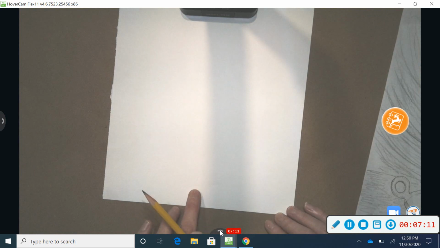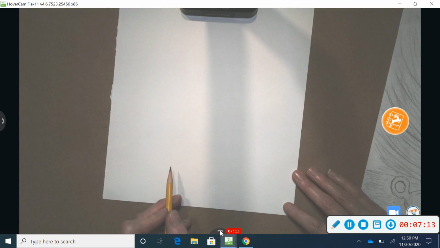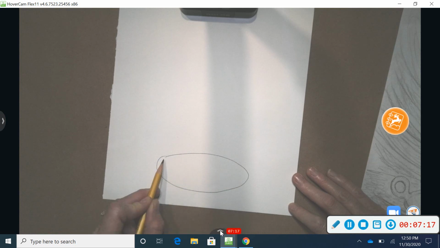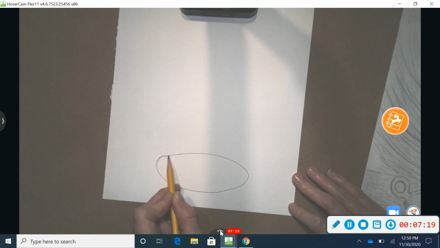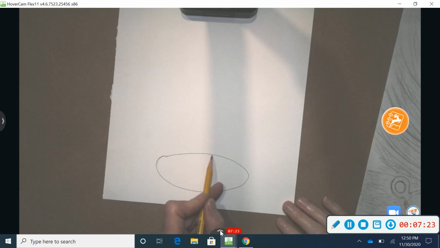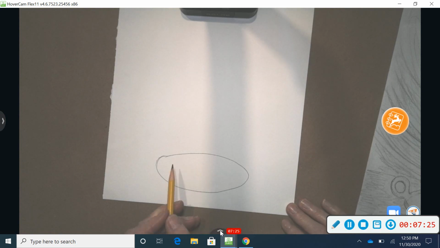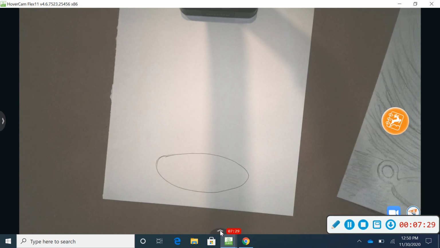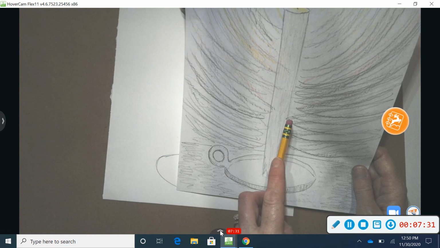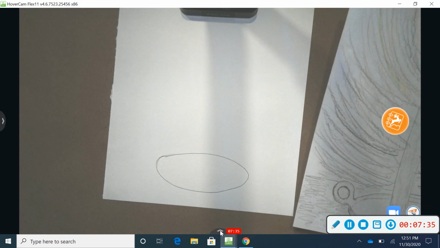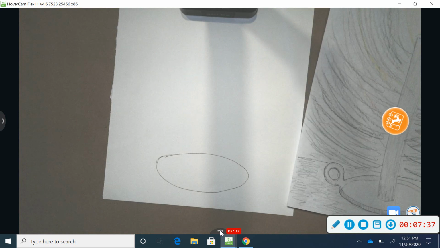So about an inch up from the bottom of the paper, I'm going to draw an oval. That's going to be my first step. And by the way, don't draw too dark here, because we're going to have to erase a little piece of it to put our candle on it. Okay. So from there,